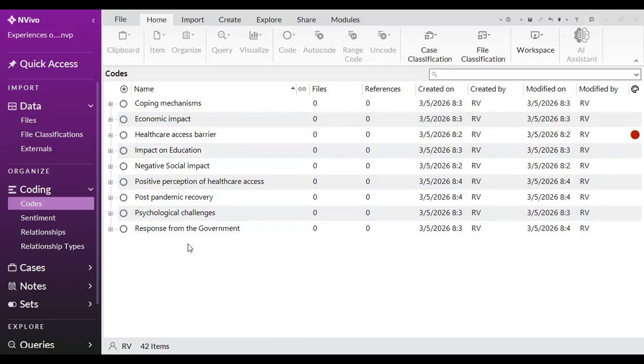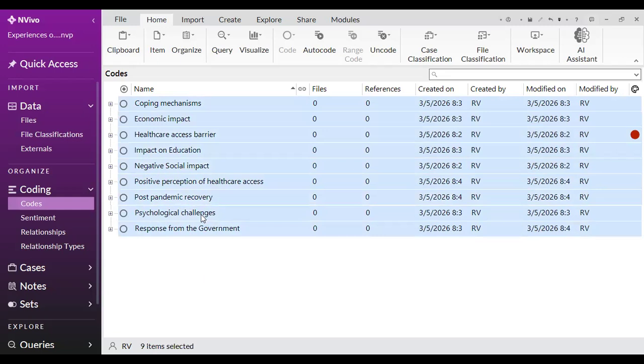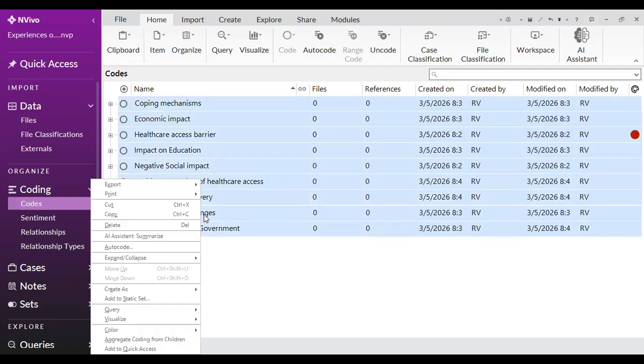So these are our themes. And so what we can do now is we can export this to Excel. And then we see how to organize our themes. So we can highlight all of this. Since we have had all of the themes, we just click the first one, then we hold the shift key, then we click on the last, then we right click and we take